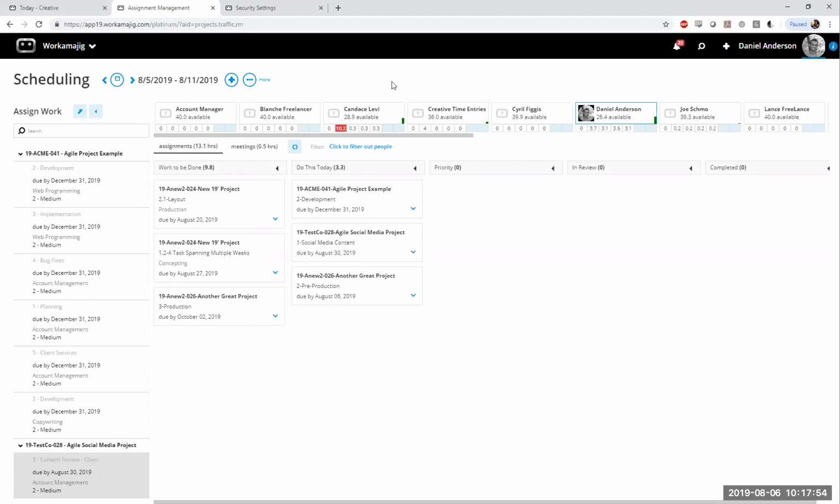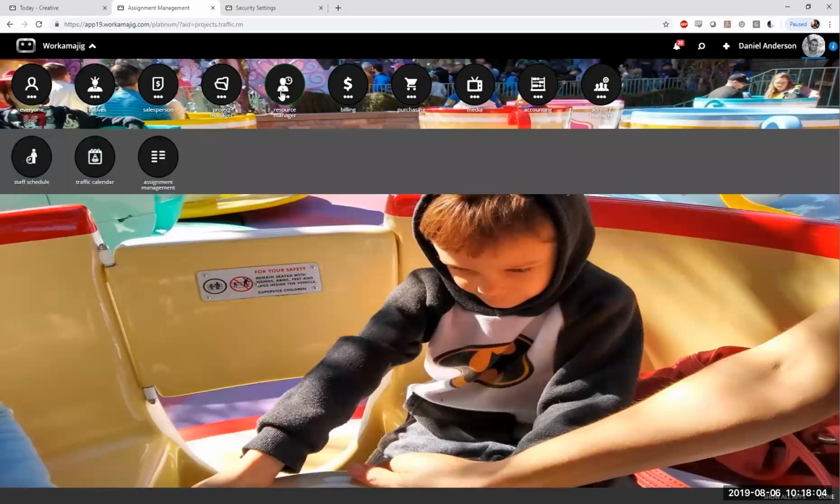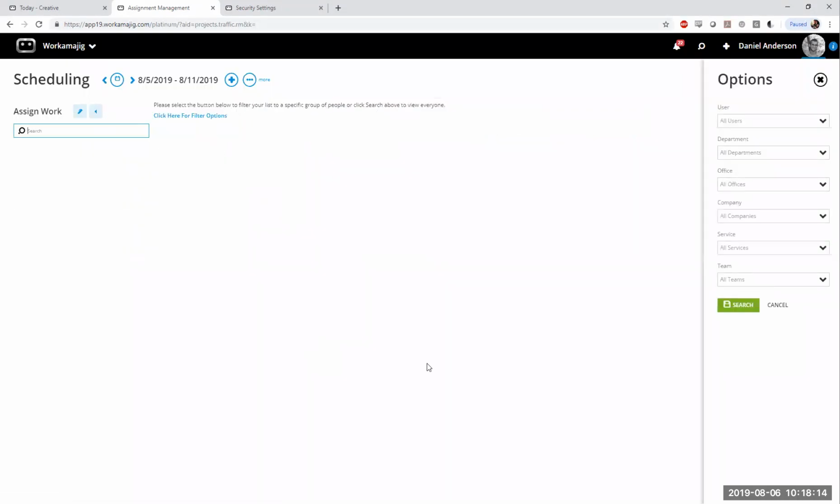Now, let's start with this side here, the assignment management page itself and how it works. Again, this is another workflow option. So if I go back to the main menu, this page is located underneath the resource management application and assignment management. You do need that security right, but once it's added to your security group, this will pop up right here. The assignment management page by default will ask you